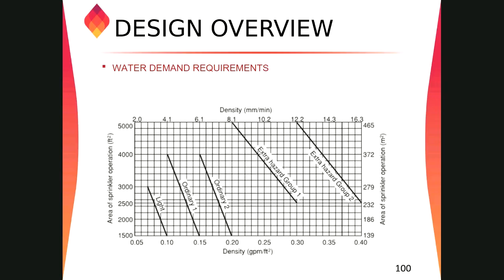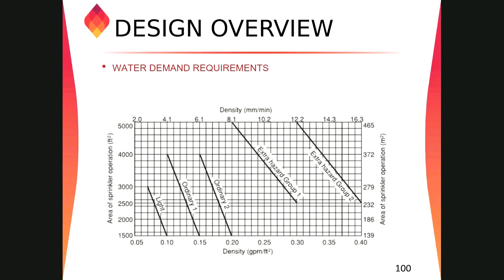So our pump capacity for the extra hazard occupancies is much higher than the light hazard. Sometimes for the light hazard you might need a pump of 250 GPM, or 300 capacity will also work. For the extra hazard group, we have to select the minimum area. You got the point?